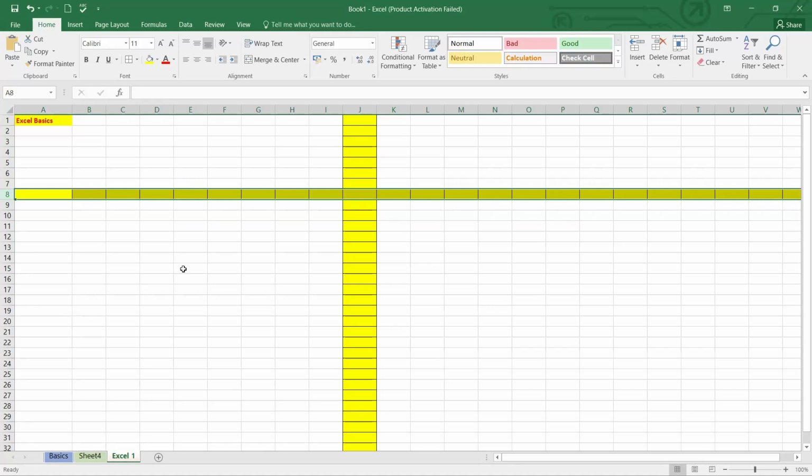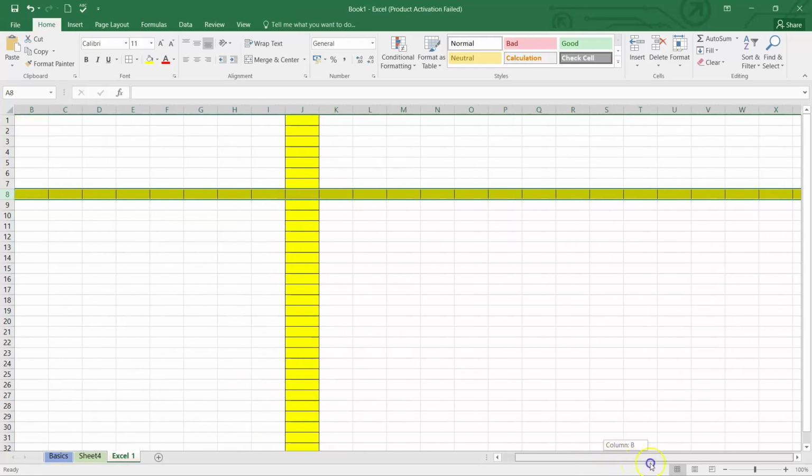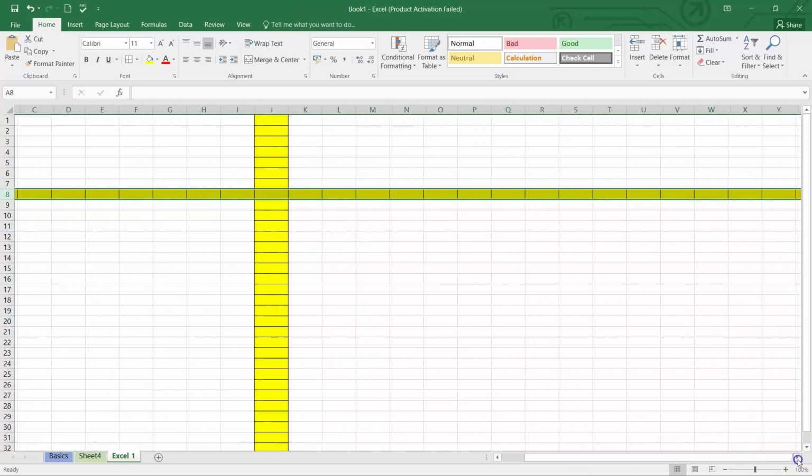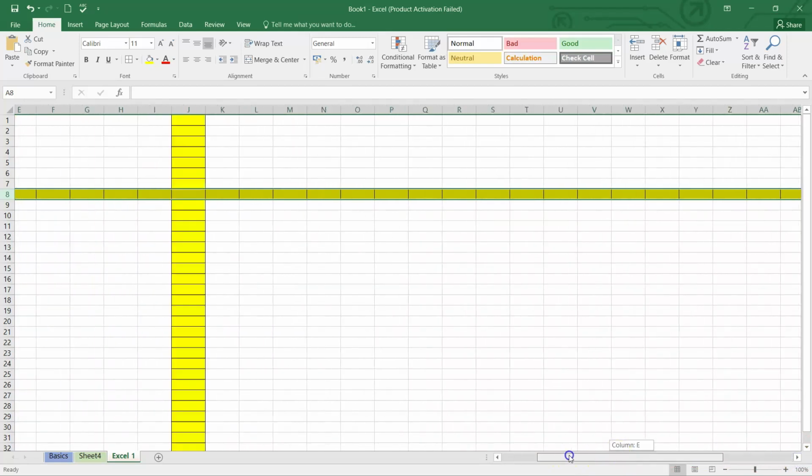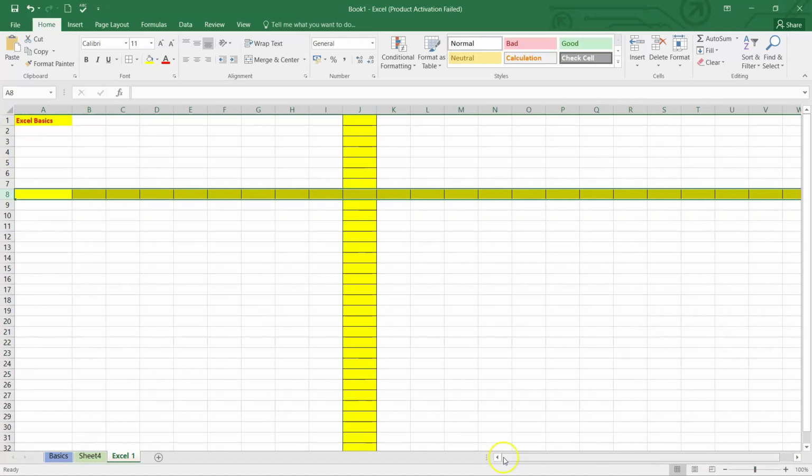Now, there are two different types of scroll bars in Excel. One is the horizontal scroll bar, another one is the vertical scroll bar. The horizontal scroll bar is the one that you see over here. You can just click on this arrow and you will keep on going to the right-hand side. Similarly, if you want to come back, you can scroll it back or you can use the left arrow key.